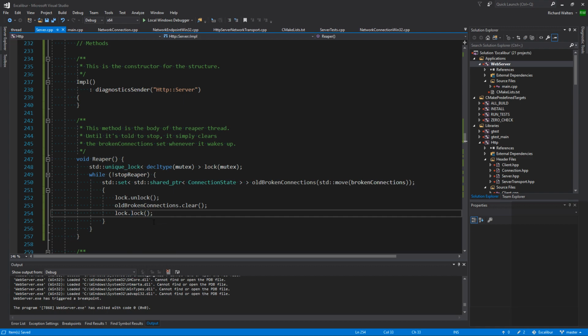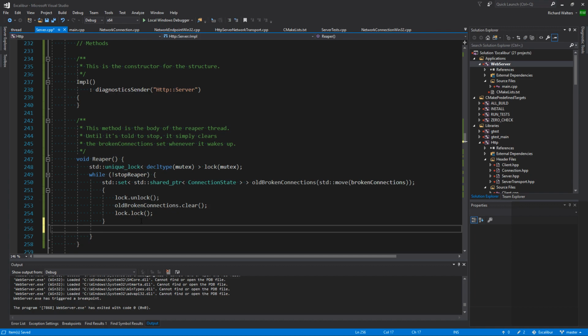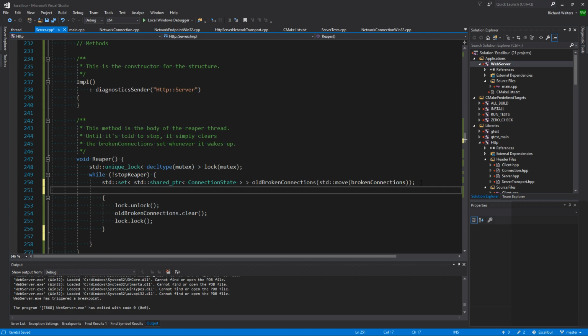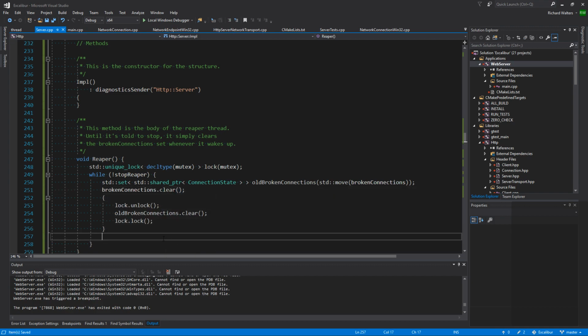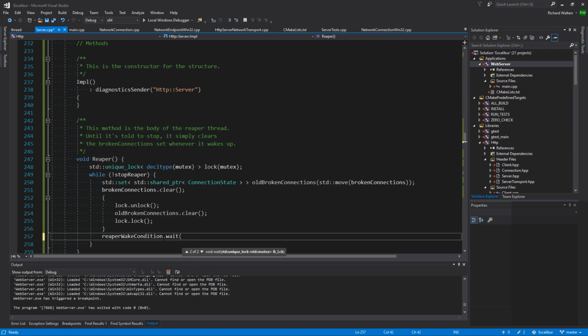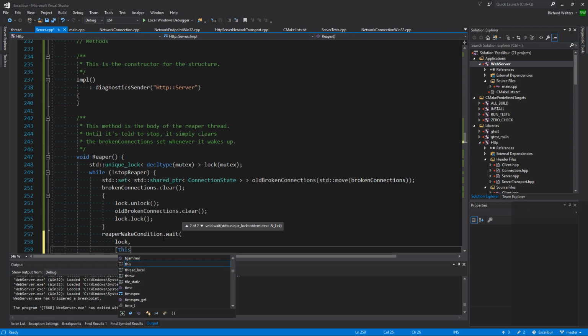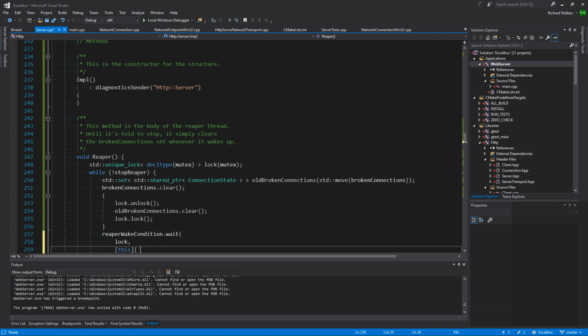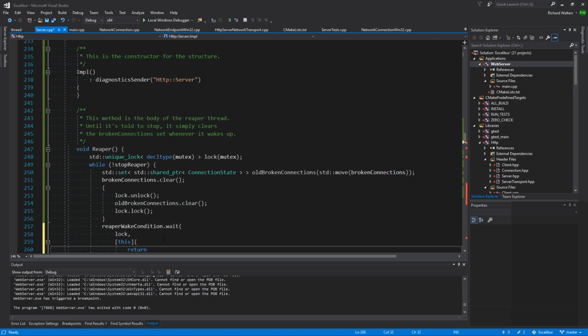Let all that happen and then relock. Then I guess after doing that, we should clear broken connections so they can be reused. And then we will basically wait, right? So Reaper wait condition dot wait the lock, and then the condition is two things, right? Either